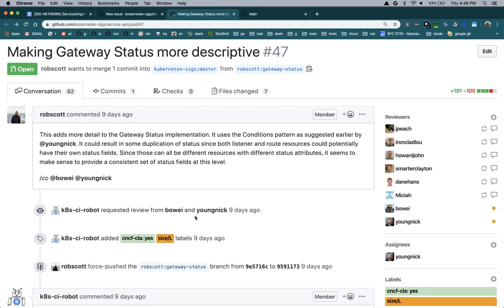So I actually proposed adding a name field to listeners that would need to be set for every single listener. And that would be how you would tie the listener status to an actual listener. This follows the model that's set forward by pods and containers and the status associated with them. And I think it's the best possible way to link objects like this with their status.